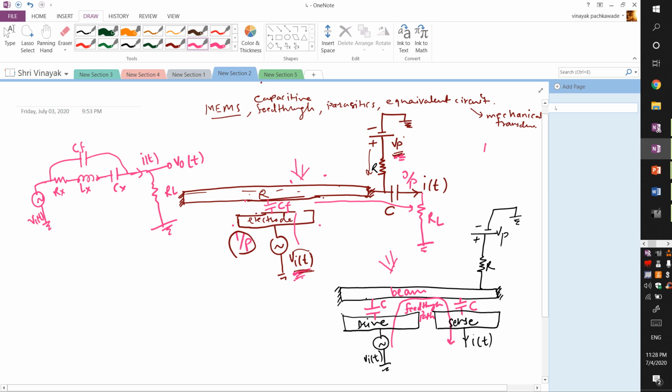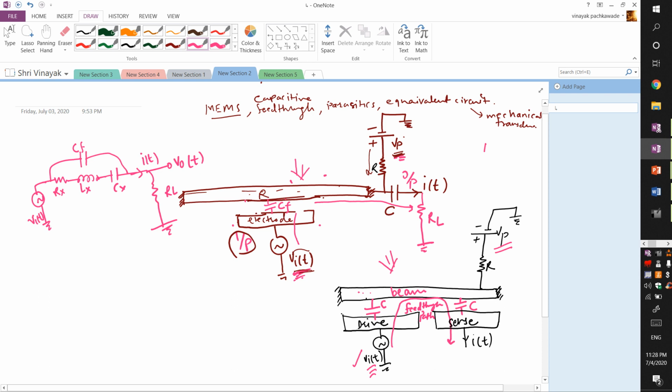One is called the drive electrode, and beneath this beam there is the sense electrode. Similar to the previous case, we are applying this voltage Vp to polarize this beam, and to one of the electrodes beneath this beam we are applying Vi of t, which is the AC input